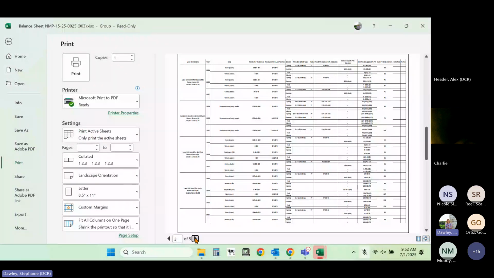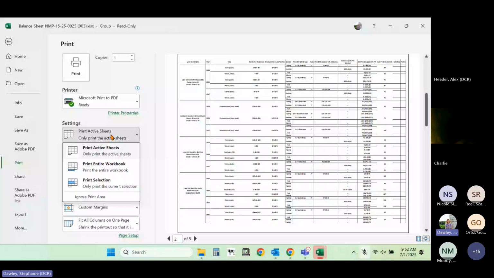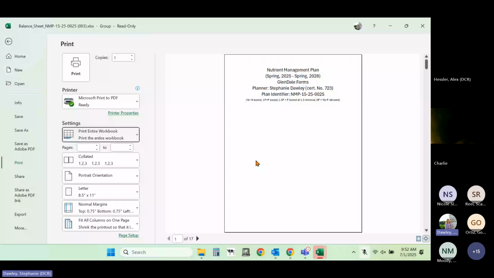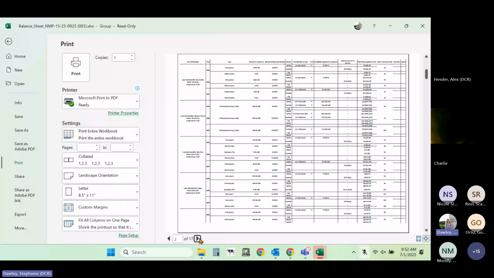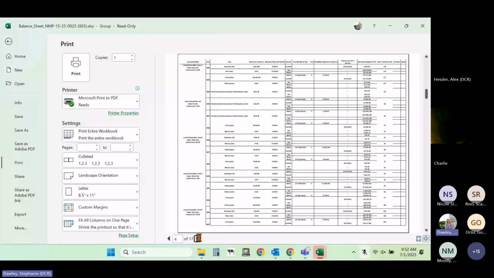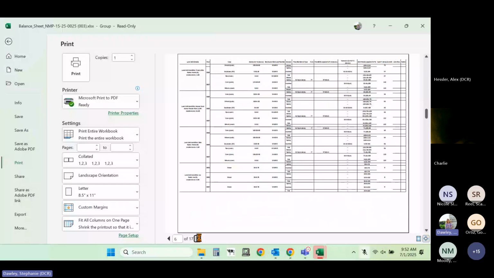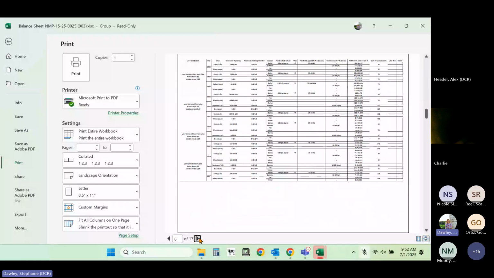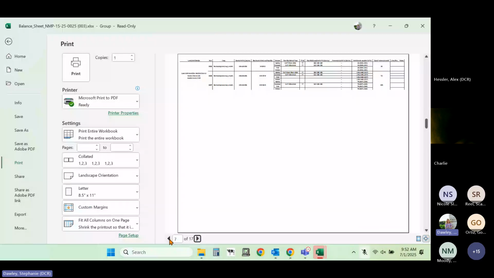If I would want to print entire workbook, it would print not only this cover page, but it would then print the balance sheets, which would be everything. And then it would go through and print all of the tract breakdown. So you can see it would basically be printing them all twice if you wanted to do that. So either select the cover sheet and the balance sheet if you want to print everything,